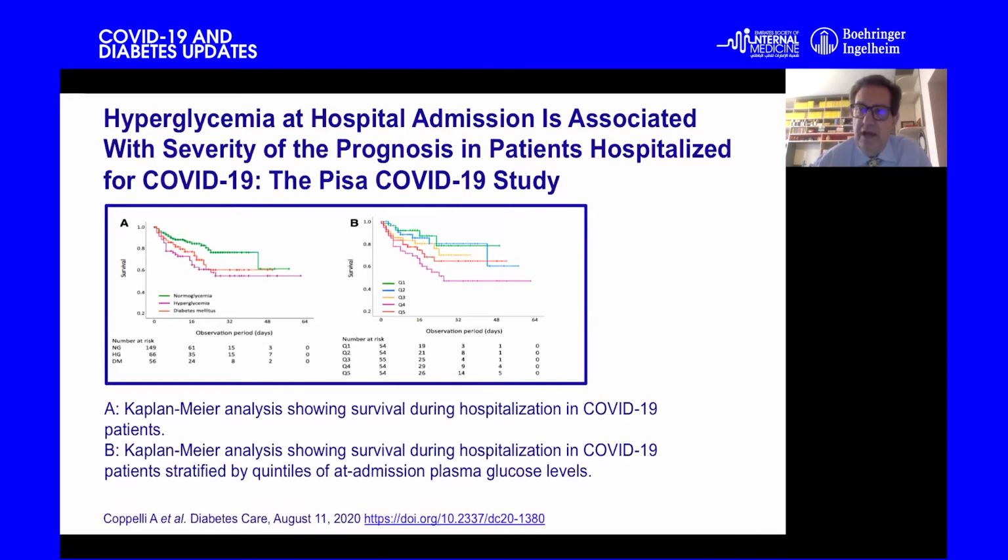So it seems that hyperglycemia during the hospitalization or admission for COVID-19 is a very bad prognostic factor for the exitus of the disease. However,